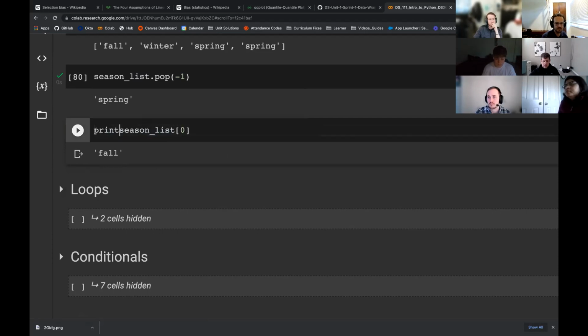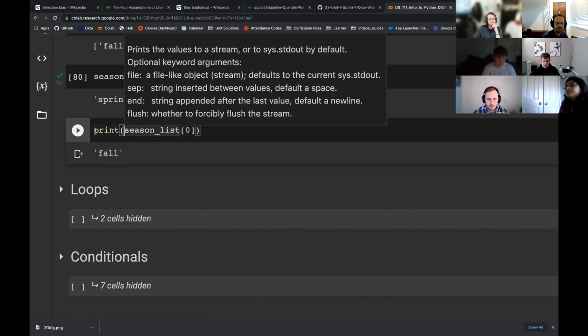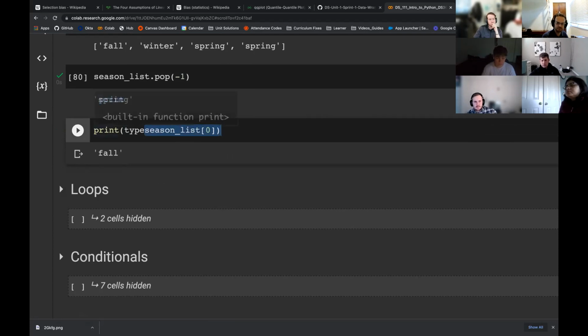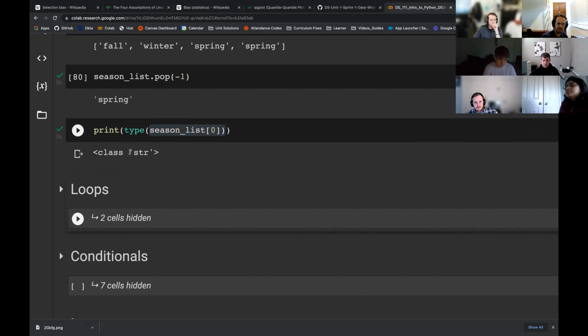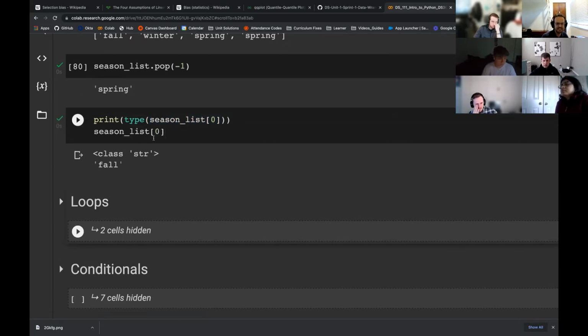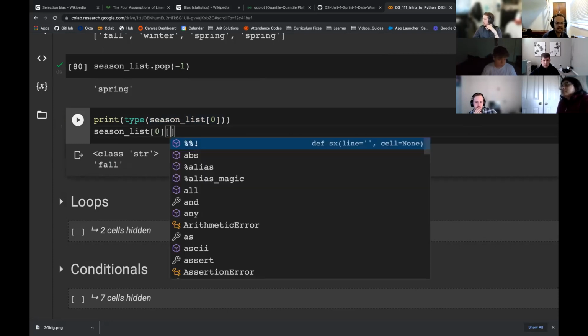Let's note something interesting about this. When I print the type of value, this value inside the list is a string value. But there's something interesting that happens with this output from season list 0. This fall is a string value, but it's also a string object, which means that as part of that string object, I can also